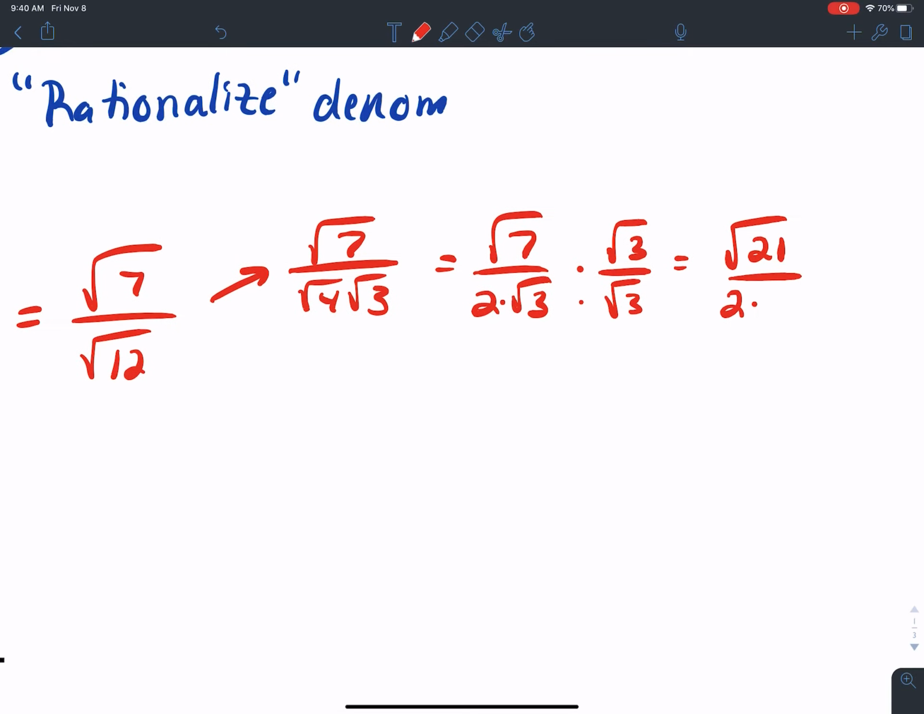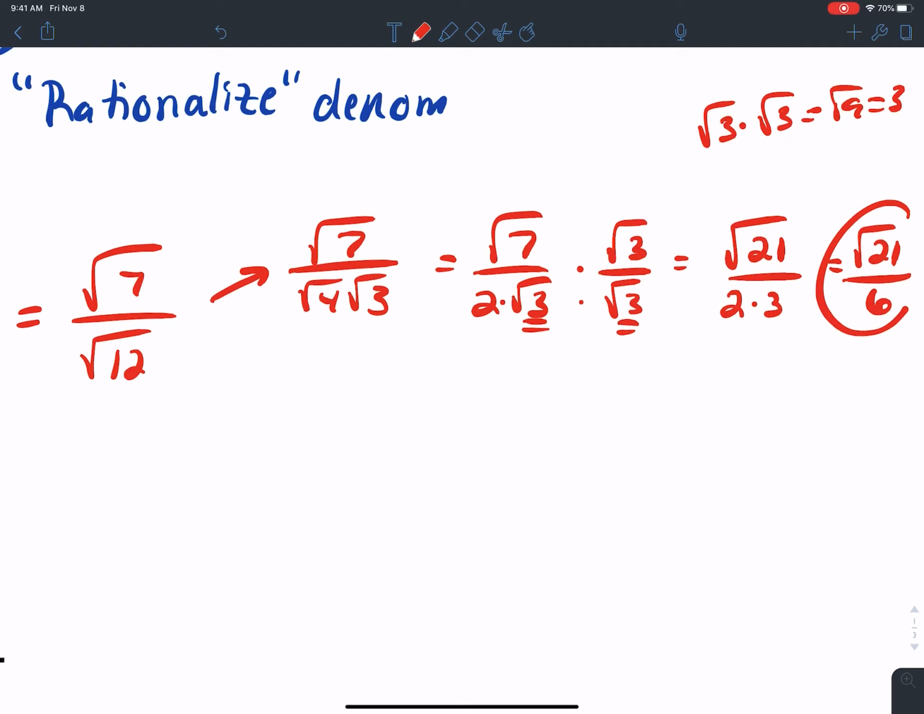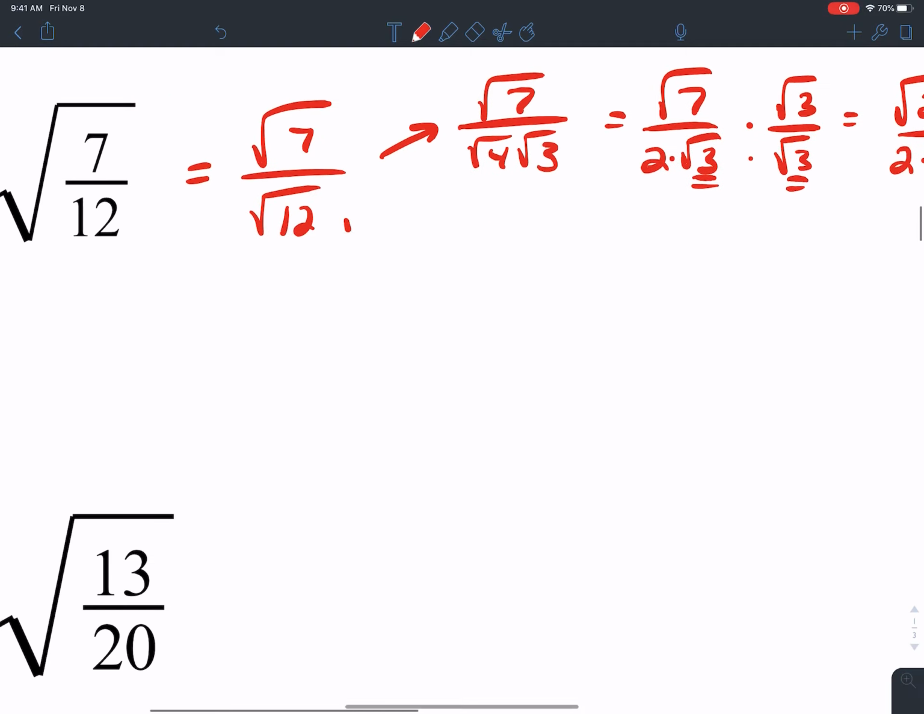And on the bottom, everything's just being multiplied. So I have 2 times root 3 times root 3. And the faster way, we know that root 3 times root 3 is always just going to be 3. So that gives us the 6 on the bottom. And then with that root 21, I'd always want to make sure that there are no perfect square factors, and there isn't. Some people find it easier to actually rationalize the denominator first, because then you don't have to worry about